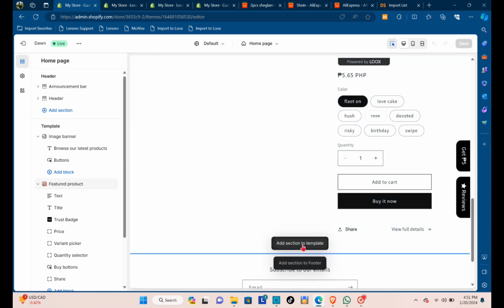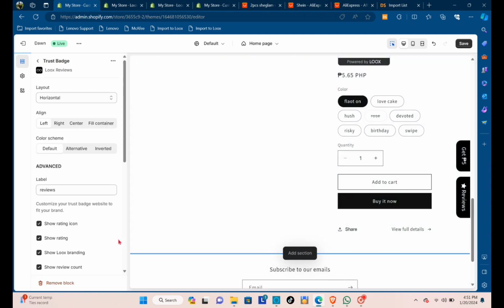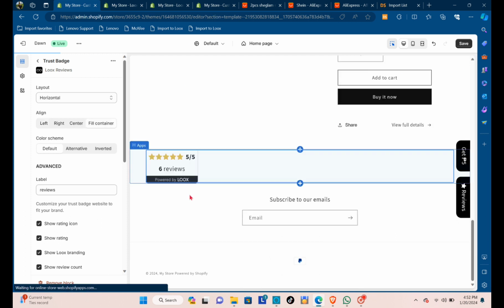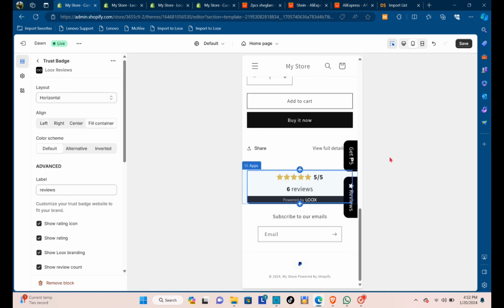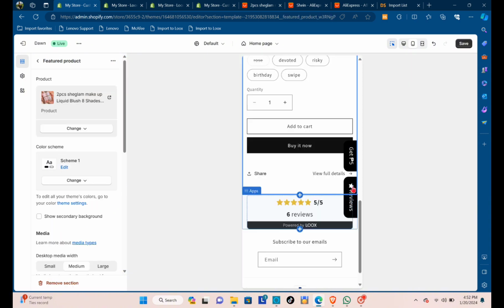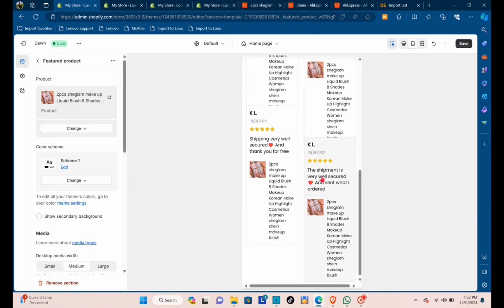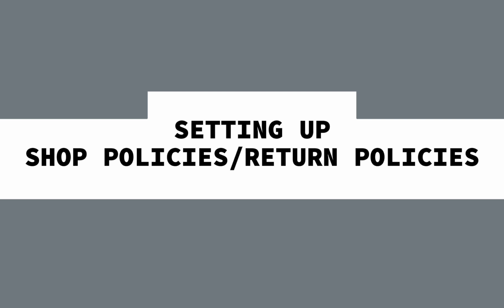Here at the bottom, I am going to import another trust badge. And under align, I am going to select fill container. And then you will have a simplistic reviews section along with the clickable reviews badge. Next is setting up shop